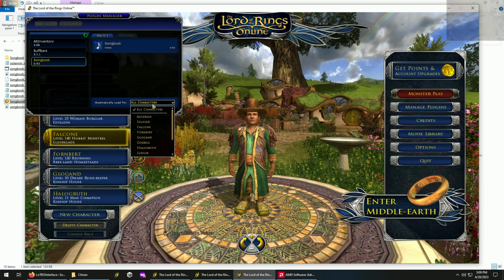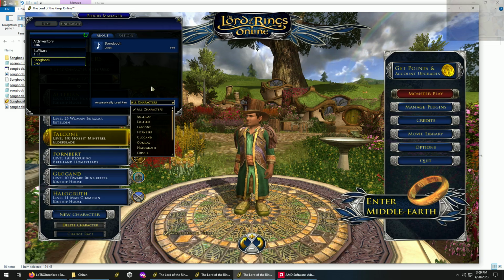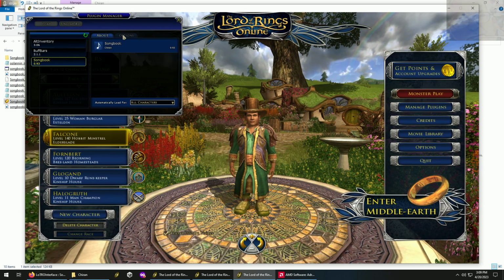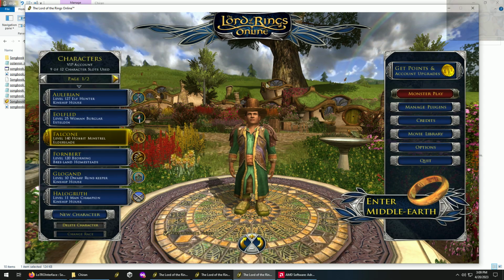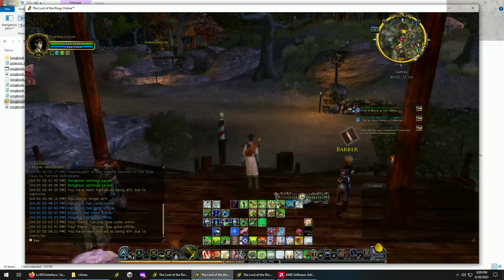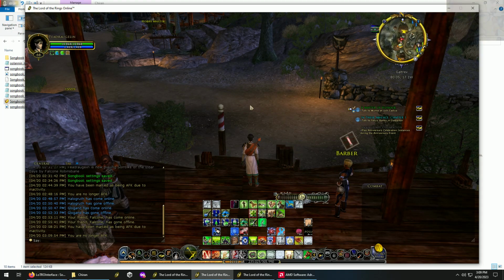Or you can choose whatever you want. You can have it only for specific characters, whatever you want to do. I have it on for all characters. There's no actual options to change here, so we're going to go ahead and log into the game. While we're logging in, switching over to my other account, because I'm going to show how you can group up